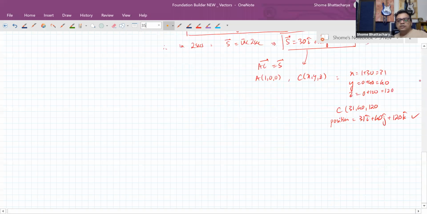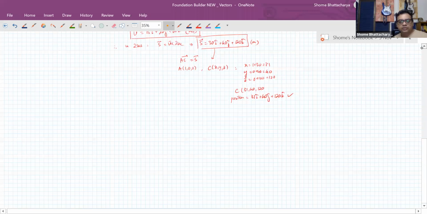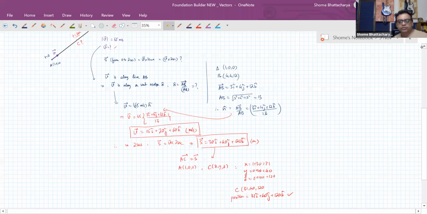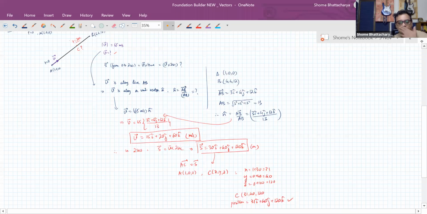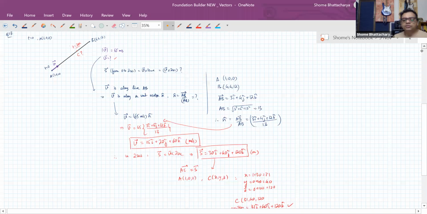So this is an application of vectors in three-dimensional kinematics. When a particle is moving with respect to a three-dimensional coordinate frame, it has all three x, y, z components of velocity, displacement, and all this. So this is how we deal with this kind of thing. Okay, so hope you understood this 13th question,